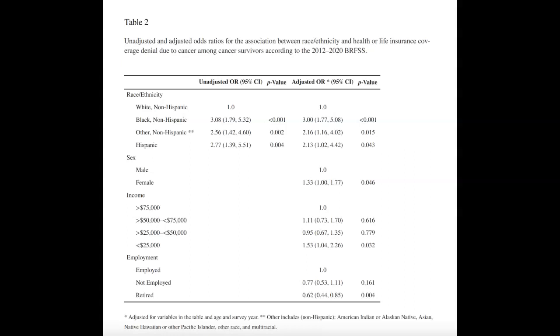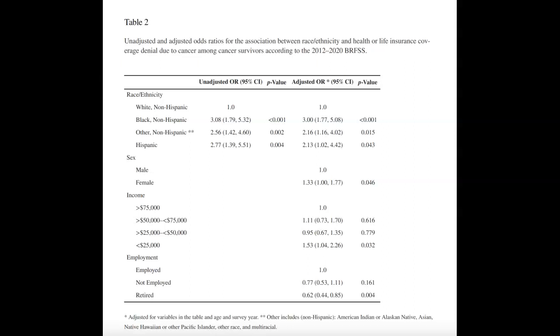We looked at this data and presented it in this table using a logistic regression model that included an unadjusted logistic regression. Those results are displayed here. And then we also ran an adjusted logistic regression. Those results are displayed here. In terms of what we controlled for, the variables that we controlled for as potential confounders are listed here. We controlled for all of these variables in this table, as well as the year of the survey